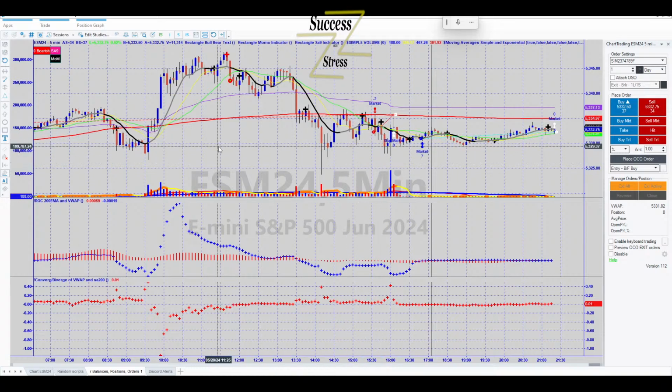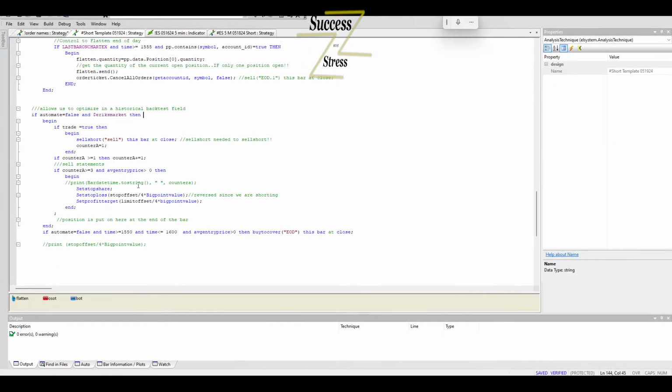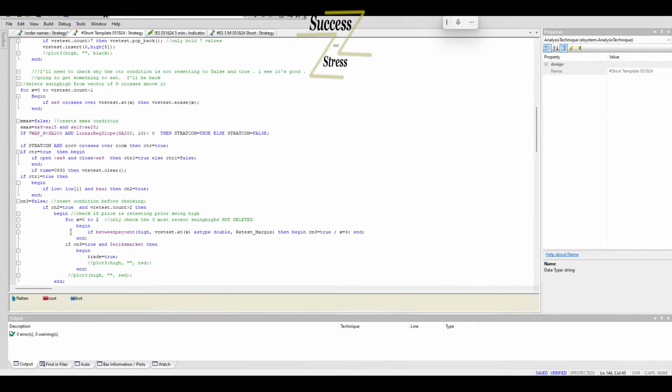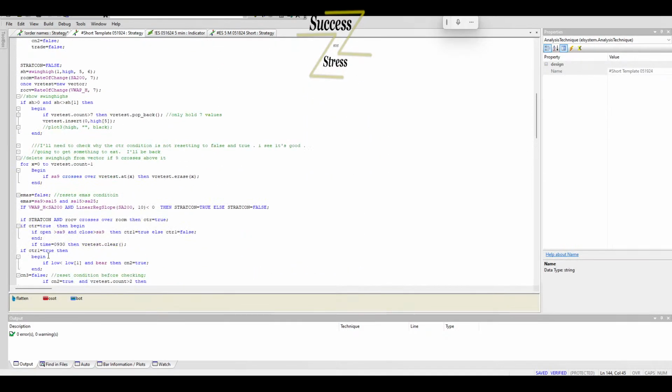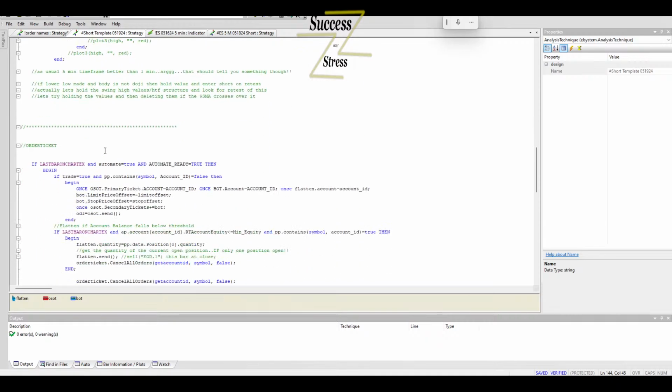I was telling you on Friday that I might not have time to get it set up today. I didn't. I was reglazing a bathroom tub today, but it did take a position finally here toward the end of the day. But my flatten part of the script should have gotten me out of the position at 1355, and it didn't. You know what? It said equal to or greater than 1355, so it should have gotten me out.